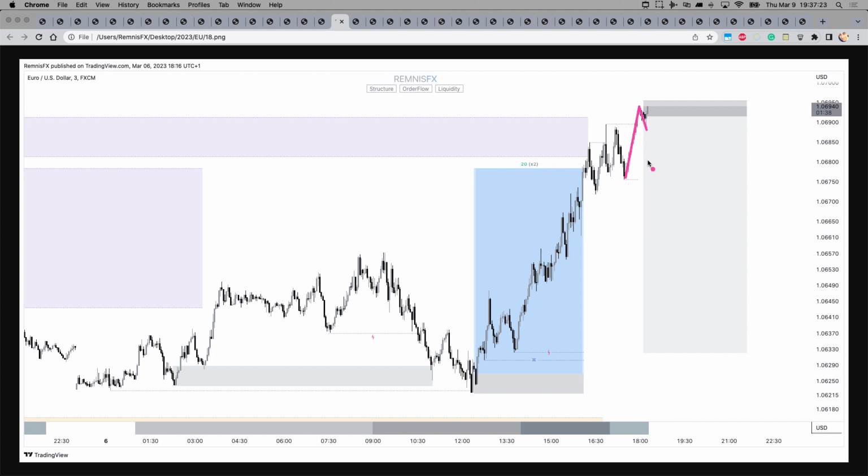Here, price pushed lower, but never took out this low. It came back one more time to mitigate this area. And then we expect that price may do something like this, eventually break this low, and then do like that, right? So that's why at this point, I actually, again, like I did here, placed a 2 for 2 position, right? For the same reason, if price continues higher, my first position